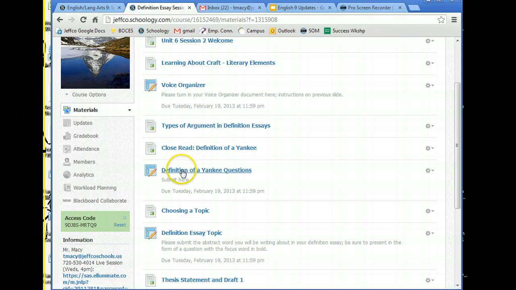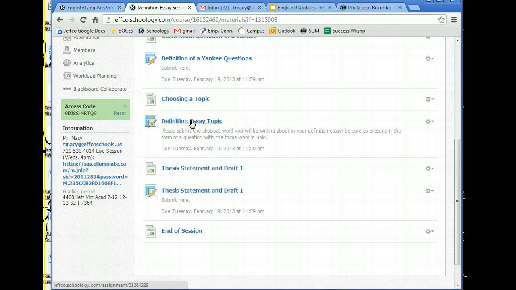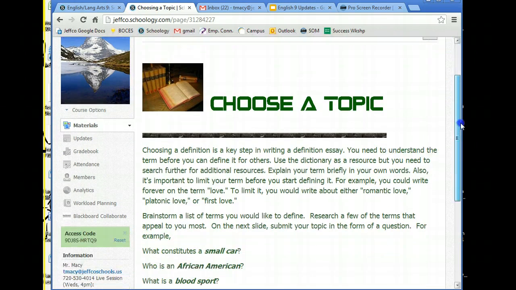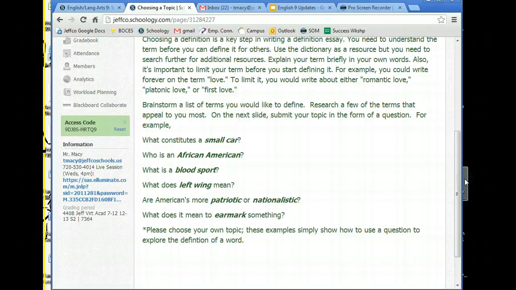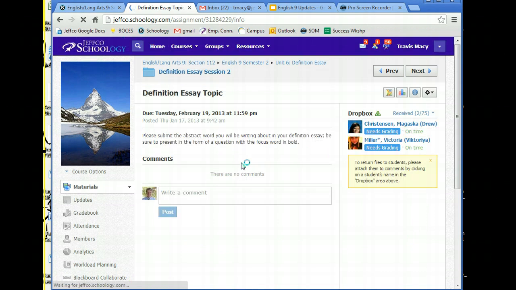You will then look at an example called definition of a Yankee, and then at the end of this week, you will be selecting your own essay topic. You'll go to this choosing a topic slide. Remember that when you're choosing a topic, you want to make it a question. If it's just as simple as what does such and such mean, that's fine. But present your topic as a question, and then on the next page, you're going to spend